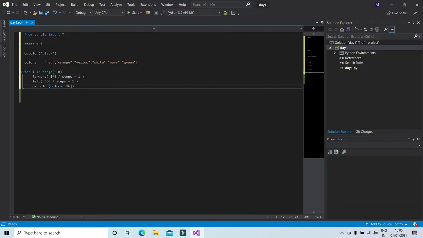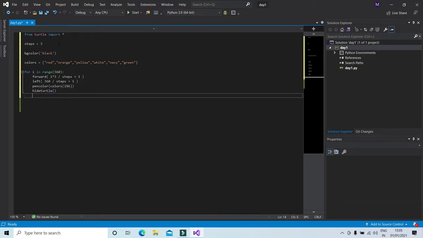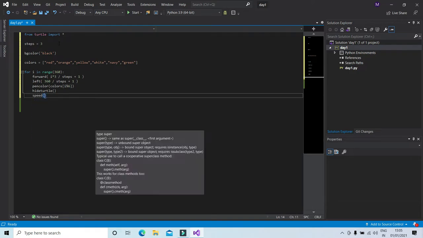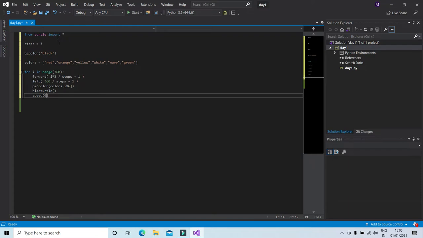It has to be colors, not color. After that, we'll hide the turtle using the hide turtle function, and in the end we'll be assigning speed to the turtle, and we'll be using the speed 0 function for that.